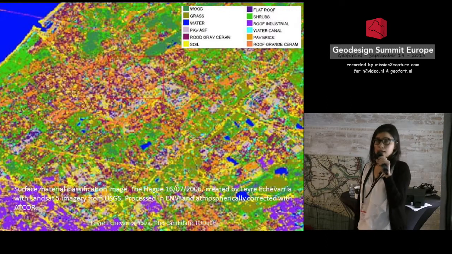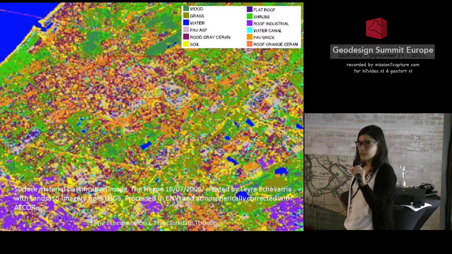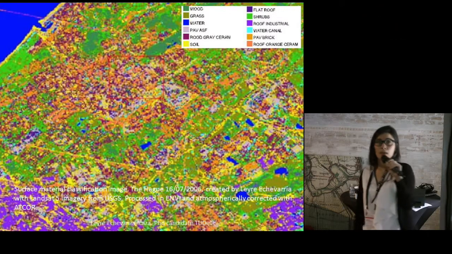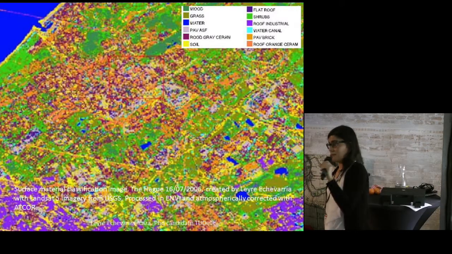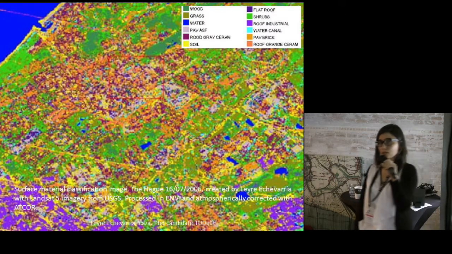So the idea is that using satellite imagery, we have generated this classification image that apparently doesn't mean anything, but we will see that it is far more accurate than the GIS results that we've been using, and that allows us to